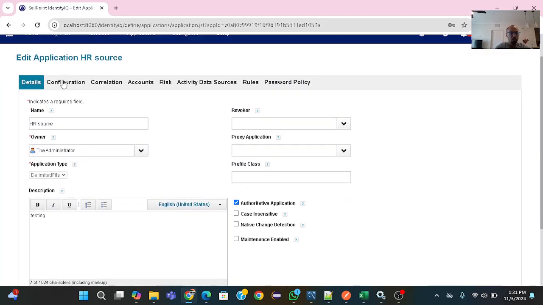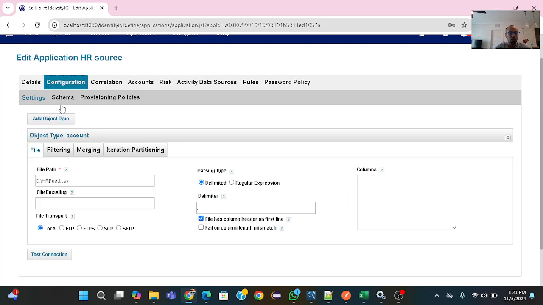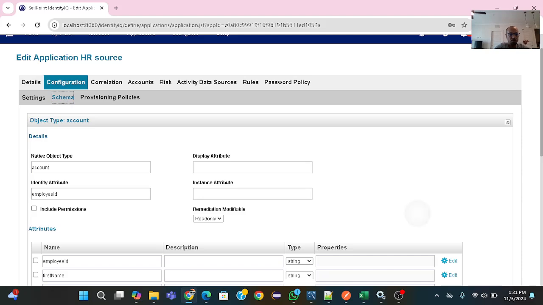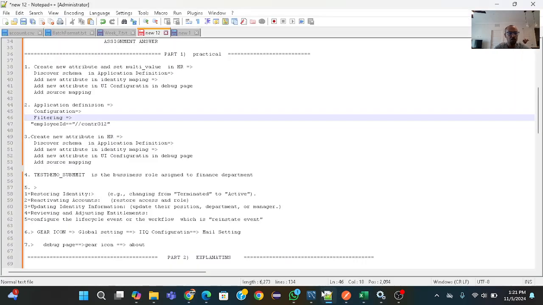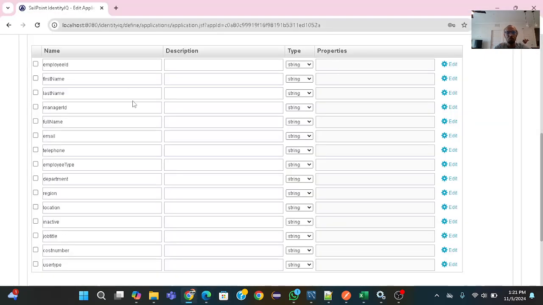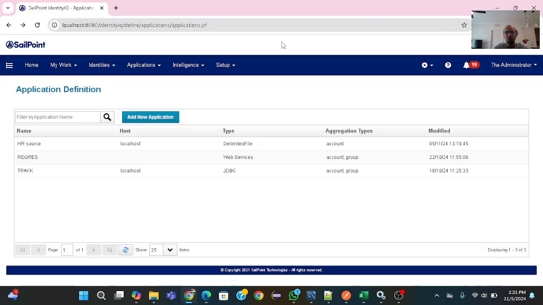As you have seen here, configuration, schema. You see, we already discovered the schema, user type. So we have to save this. The third step will be to add the new attribute in the identity warehouse. We go to identity warehouse. We have to add this new attribute